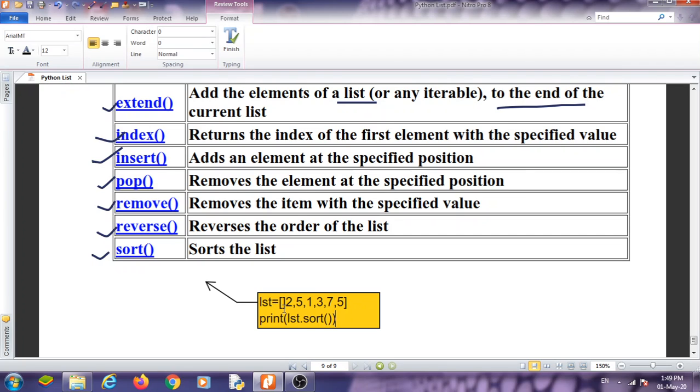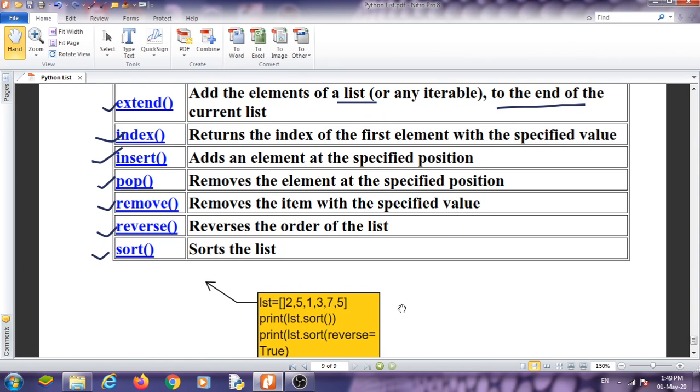By default it is ascending order. Another option is lst dot sort with reverse equal to True. With reverse equal to True, the elements will be sorted in descending order.